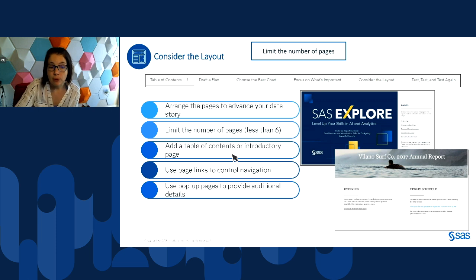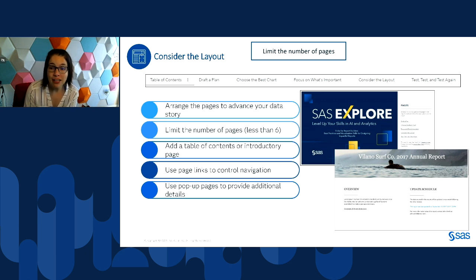It is always important to add a table of contents or introductory page to your report. This is extremely useful for report viewers. On this table of contents page, you can describe the report, its purpose, its audience, and the data. In addition, you can add the data update schedule, and then you can describe each page and maybe link to those pages as well. This makes it easy for your report viewers to navigate through your report, right? And that's one of our goals, make it easy to navigate.